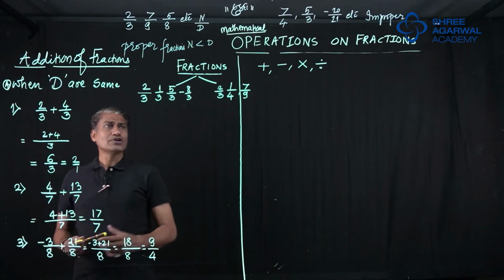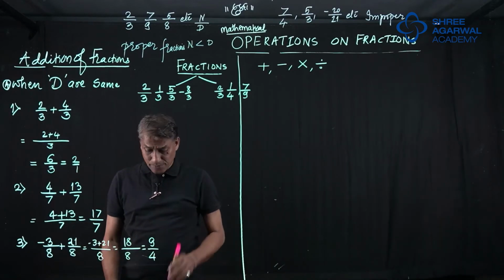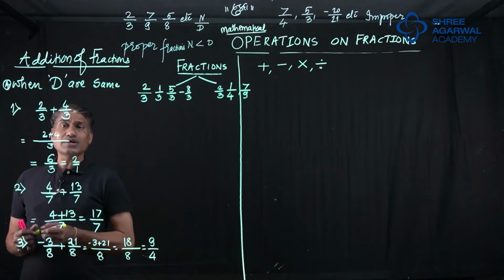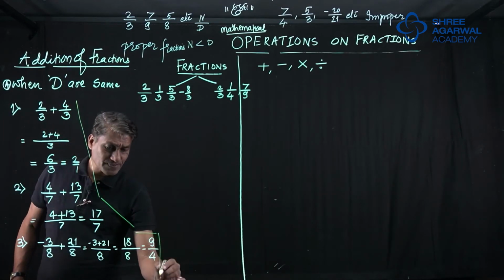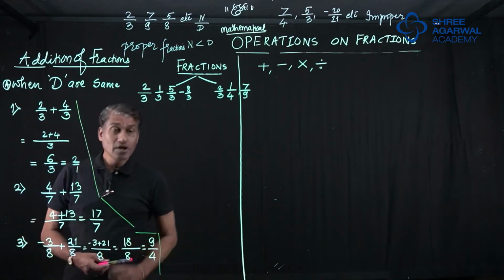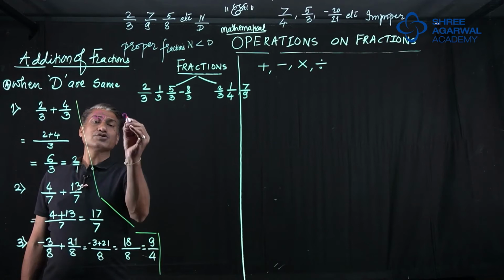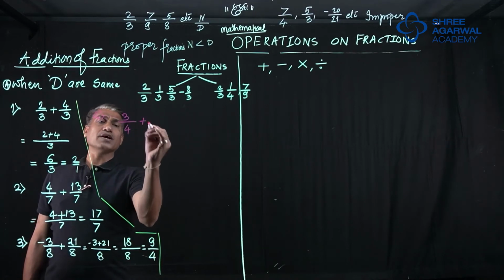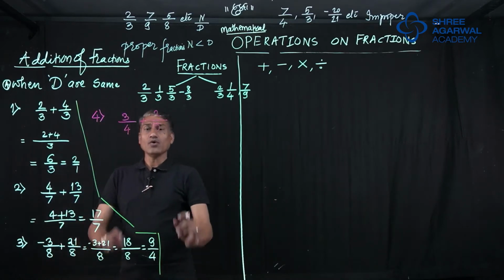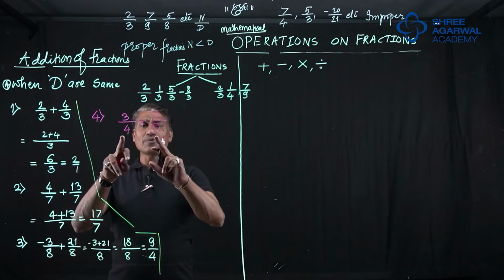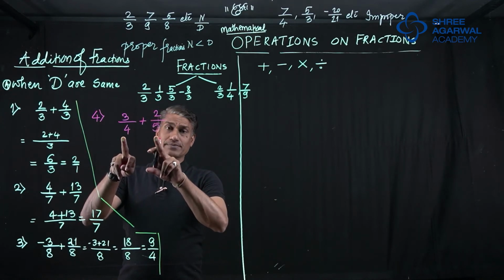But now, if we come to this type of fractions, which is very, very important, maximum people go wrong here. I'm going to explain it now. Suppose we take a fraction, so I'll take this number 4. So 3 upon 4 plus 2 upon 5. Now, again as I told you, we have to pay attention on the denominator. The numerator is not that important.